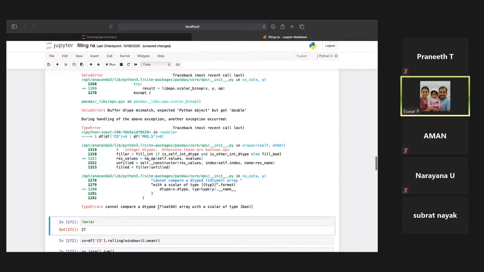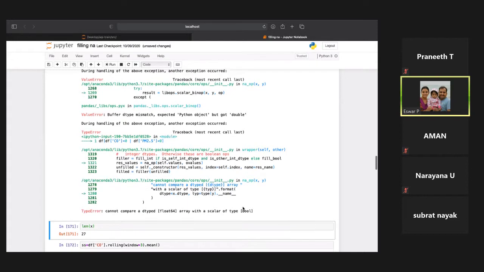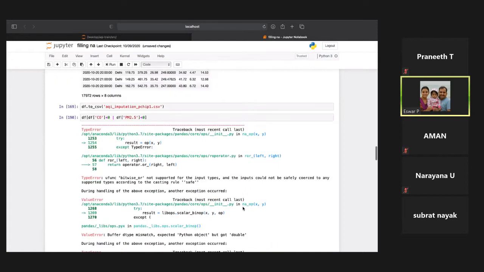So it is comparing dtype float64 with Boolean. Go up. You put brackets. No, no, keep that.